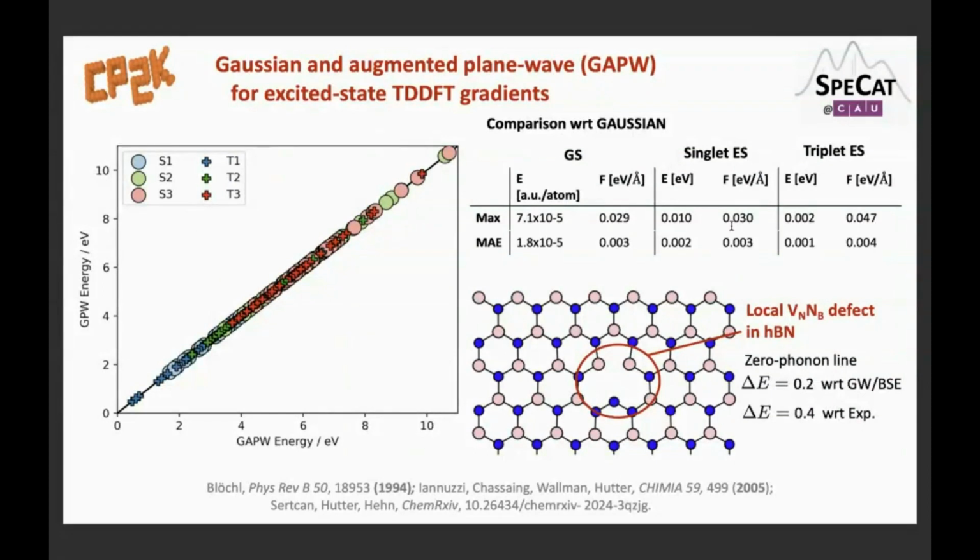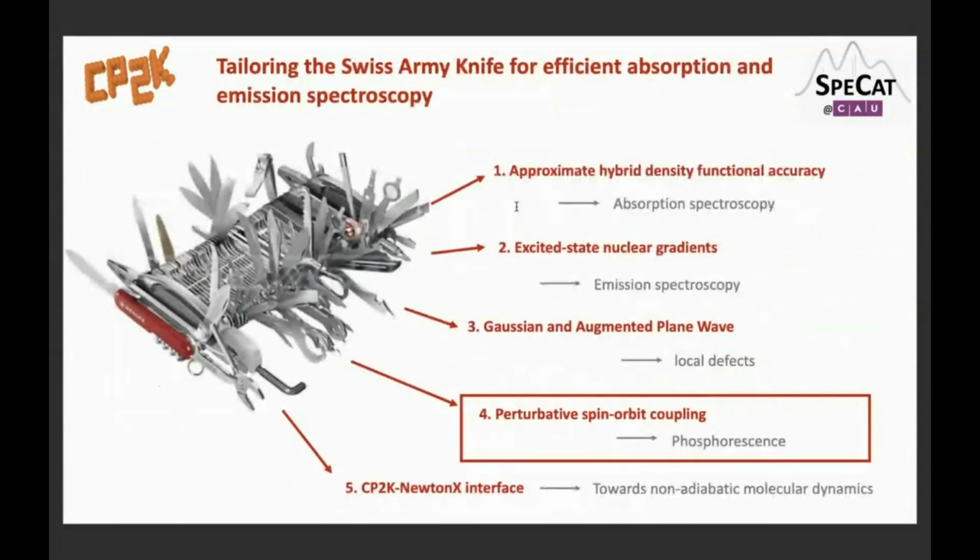And most importantly, I think what is also interesting is, as I said, that you can now perform all-electron excited state gradient computations. And with this, you can also compare with molecular quantum chemistry codes, for example, with codes like Gaussian. And here the errors given for energies and forces for the ground state, singlet excitation energies and triplet excitation energies. And what you see is that errors are really small and the codes are really well comparable. And with this, I would just